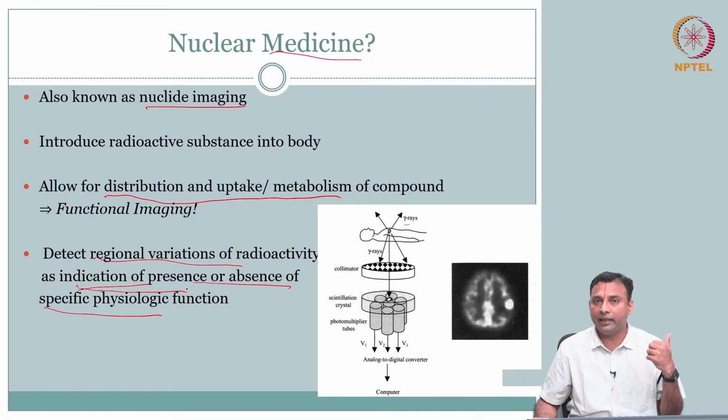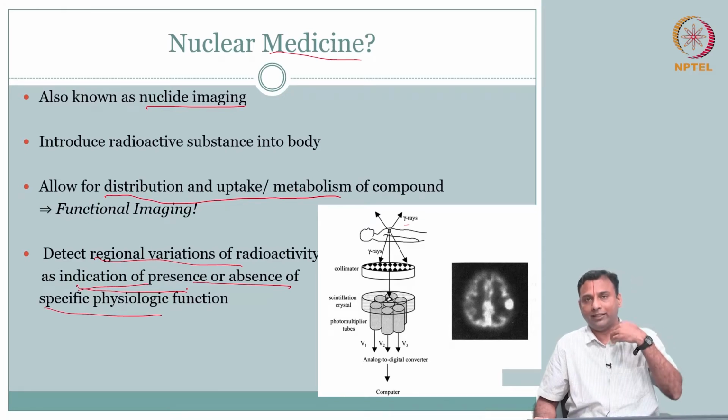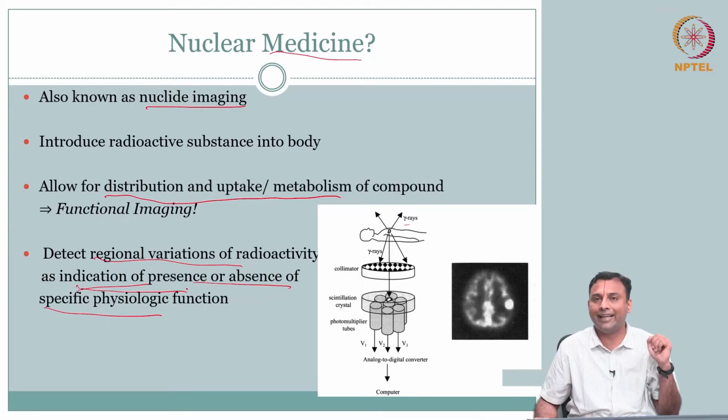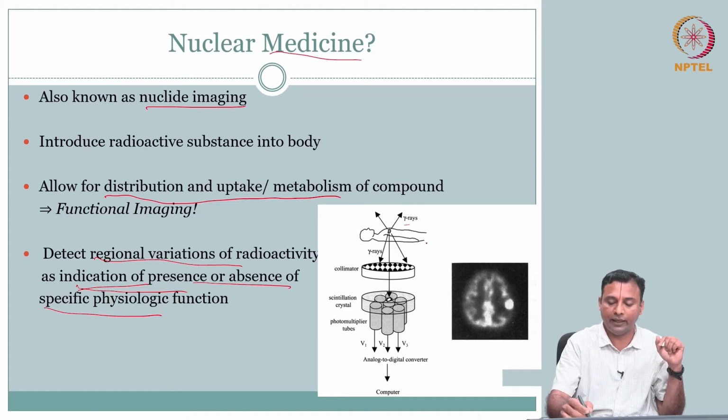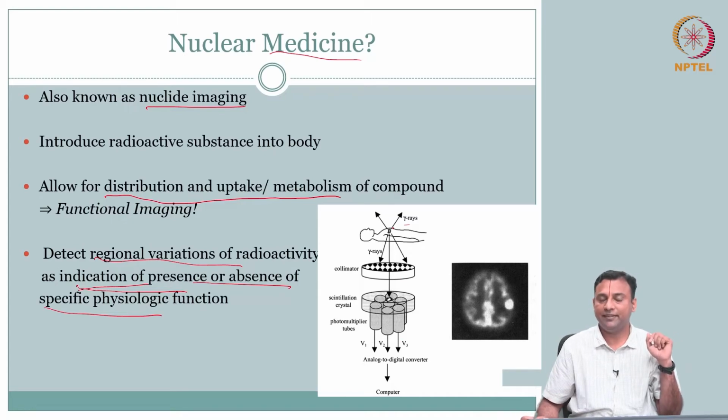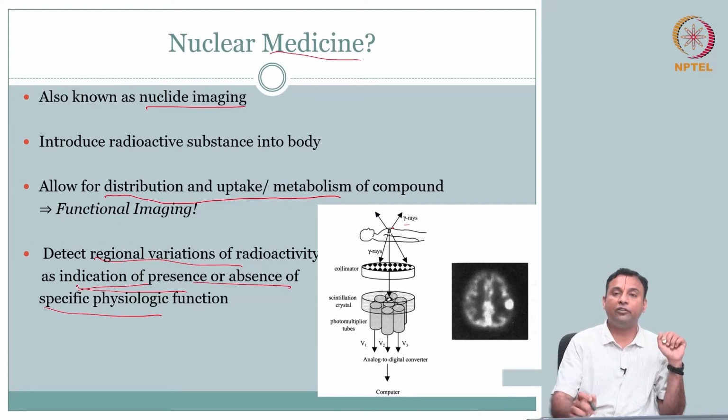Whatever we did in X-ray was through transmission. You sent it through, and got the X-ray energy on the other side. Whereas here, as you can see in this diagram, the source is sent into the body, right? Your objective is to detect where the source is. So, based on the detection, you have to locate where the source is. It is a slightly different way of looking at things, but it gives a very powerful look.